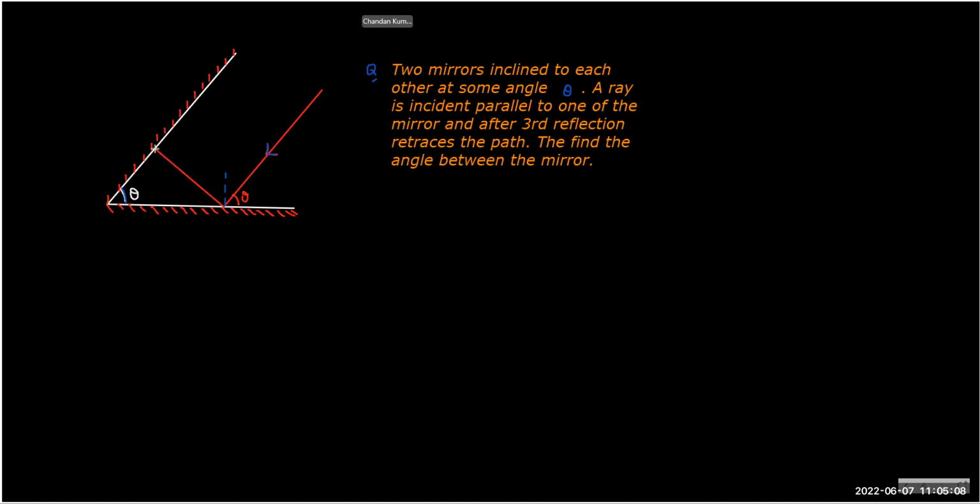If I go, see, it's 90 degree. So if I'm hitting at this angle, if it is 90 itself, then it will retrace from here. But this is the second reflection. But what is the question? After the third reflection this happens, which means it is somewhere here. Of course, it's difficult to draw because the diagram itself is not accurate, but it goes something like this and hits the other mirror at a right angle. So the moment you hit at a right angle, it will start retracing here, and then it will go back eventually.